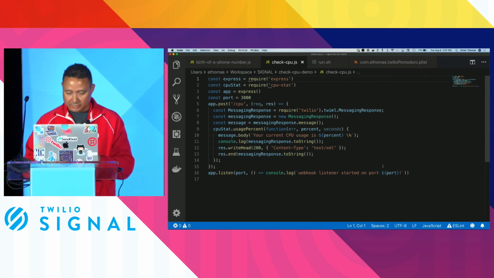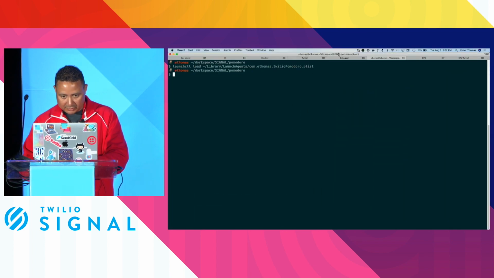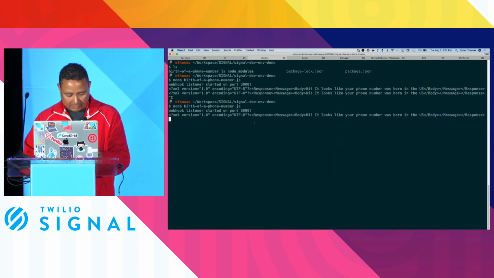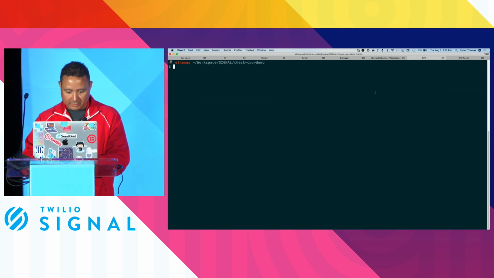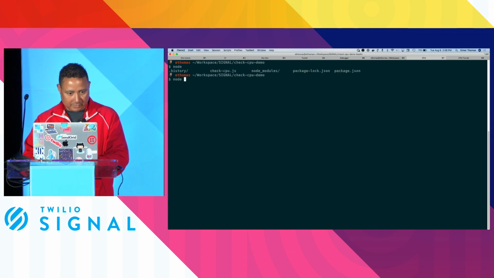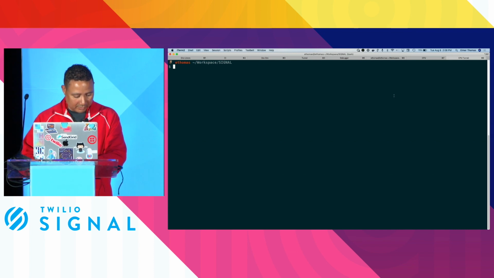And so in order to do that, I first need to shut down the other server and its tunnel, and then we'll go ahead and start this one, check CPU, run that, and then similarly on the tunnel, we are going to do the Twilio phone numbers update,